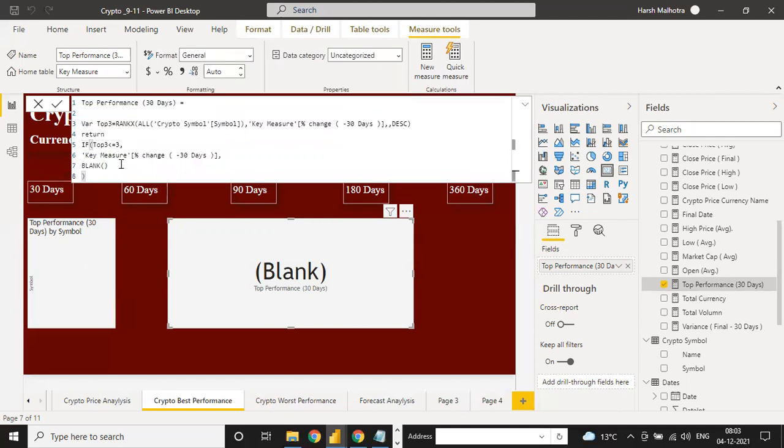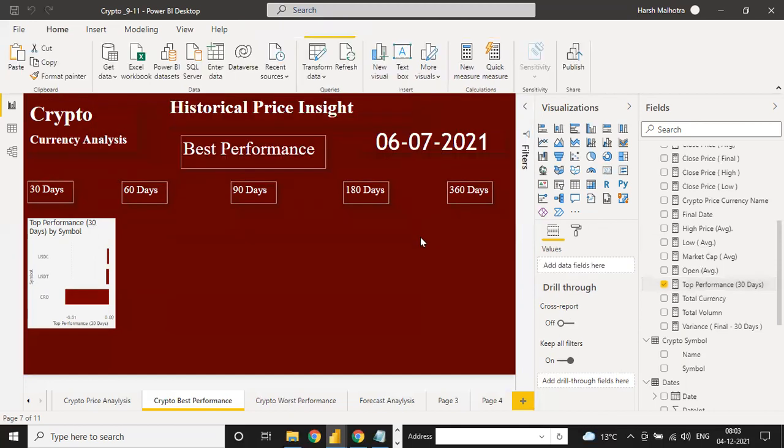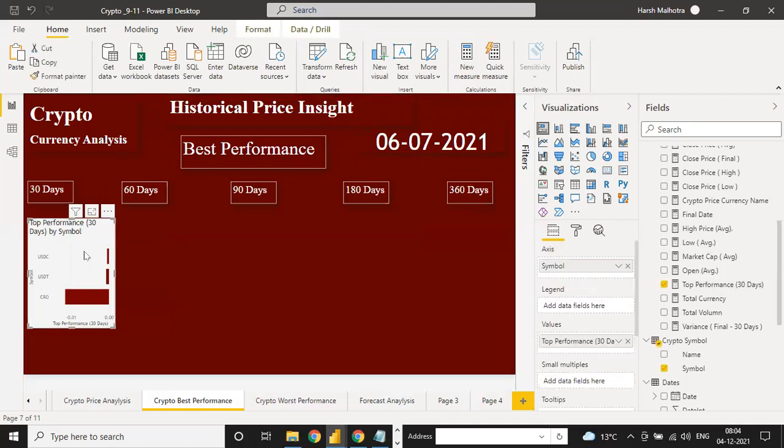The function is correct. See, nothing is showing as an error. If I go down, now see, now it is showing. Maybe there was some point or something error. See, somewhere you have received the error. So it does not mean that your function is correct. If your function is not correct, you can write your function again. So top three, you have the top three currency of this data.